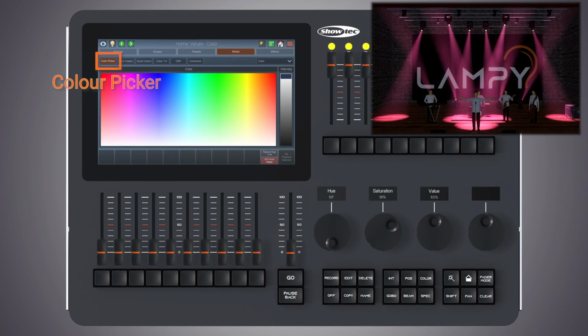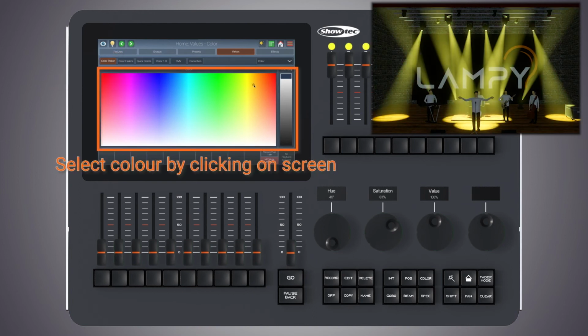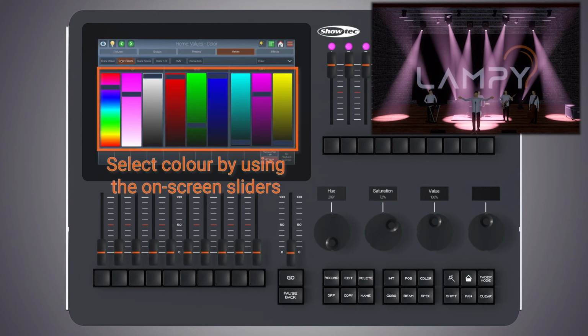First is the color picker. You can choose any color by simply clicking until you found the color that you like. The next option is the color faders menu. Within the color faders menu, you have different sliders with different color mixing systems to adjust the color to your liking.